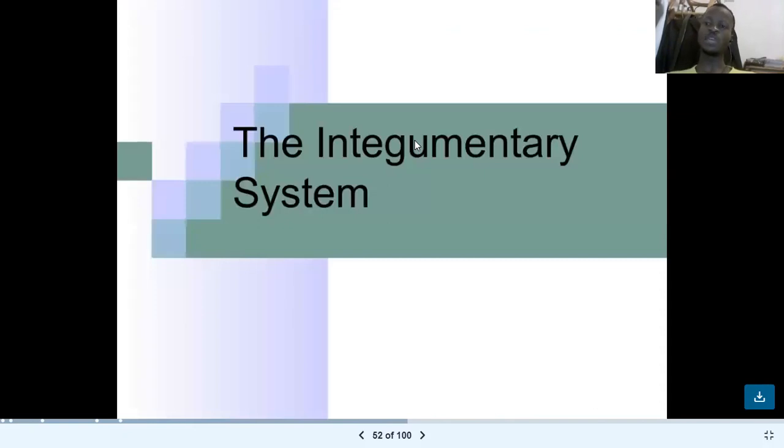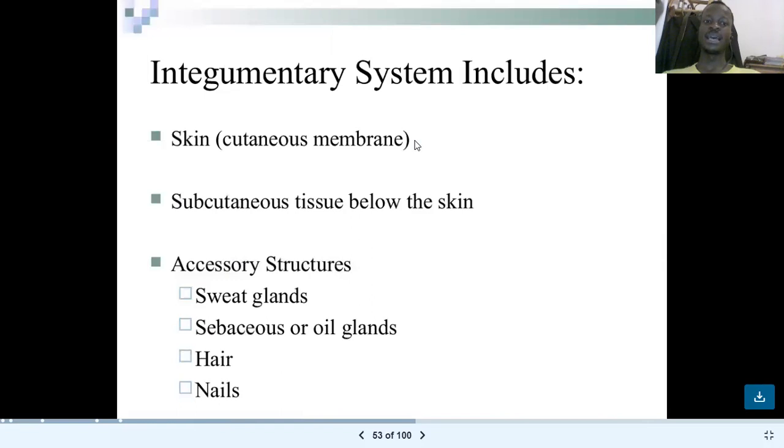Then to complete an introduction, you need to appreciate the integumentary system, whereby you'll be looking at the skin and its accessory structures. The skin will have accessory structures to include the sweat glands, the sebaceous glands, hairs, nails, and so forth, as well as superficial fascia, which you're going to refer to as subcutaneous tissue that lies just beneath the skin. Because when you describe the anatomy, from the exterior going inside, you expect to meet skin,